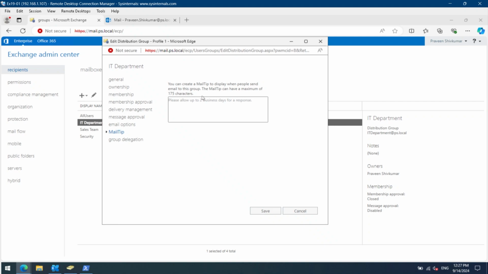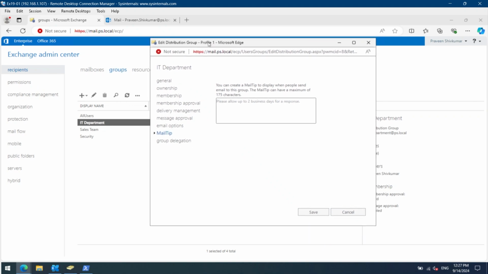Let's consider a scenario where this group is being used for creating an IT support case, and the IT team would want to know some information about the sender who is sending this email to create that IT related case. So we can use this message to notify the senders to include the employee ID in the subject line and provide the device ID where they have some kind of technical issue with which they may need IT support. Note that this cannot exceed the 175 character limit. So let's click on save